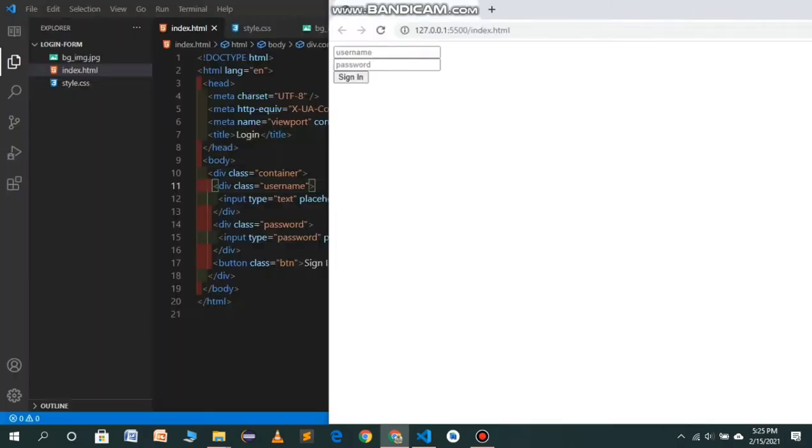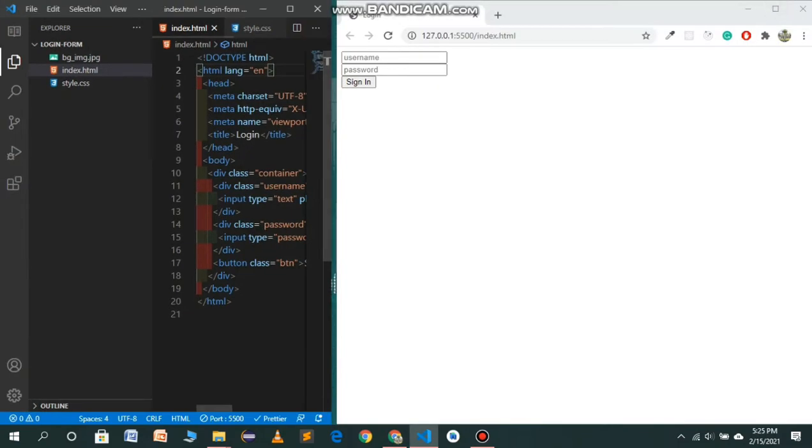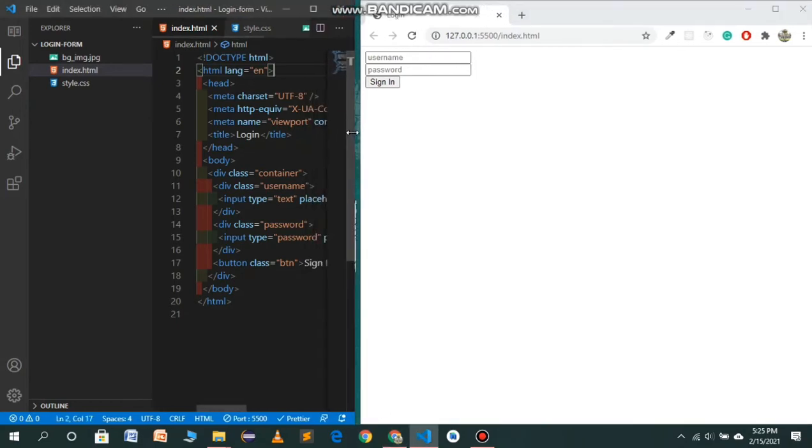So it's looking quite ugly, but we will fix it. I will use both of them side by side so we can see a live demo of our code. Hide this sidebar.